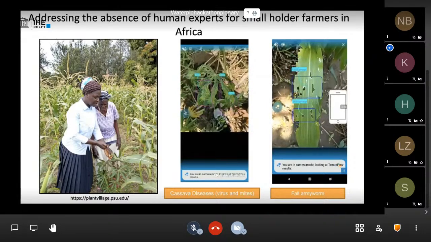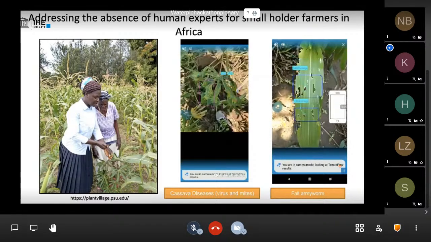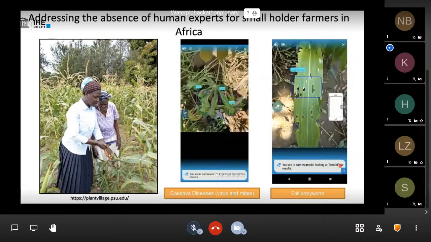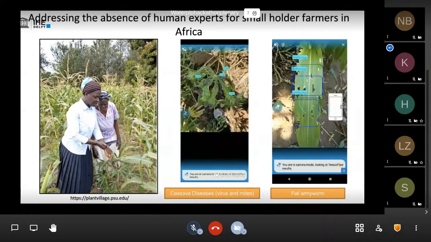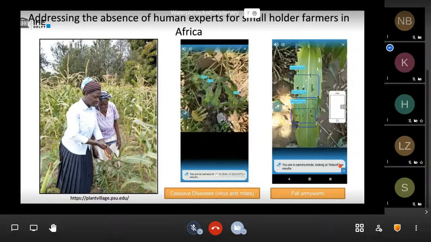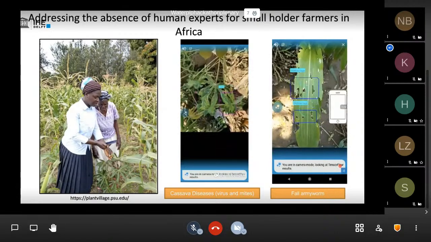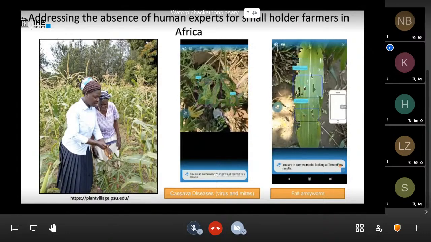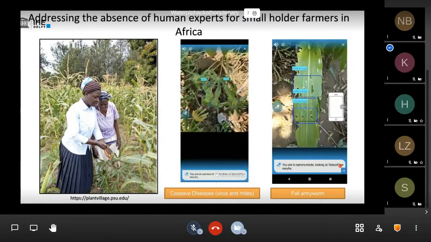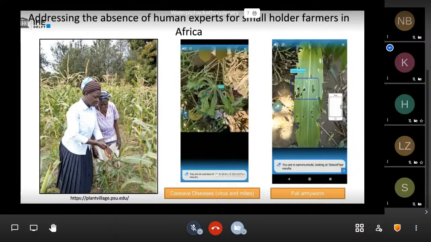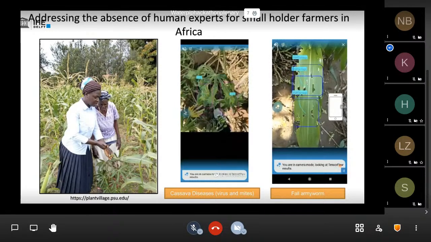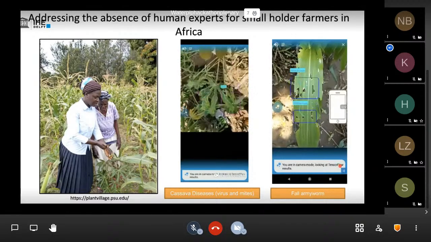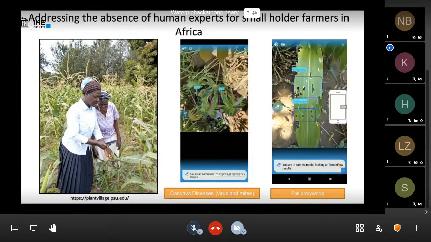And so, as we all know, artificial intelligence has this ability to do things that only human experts were able to do. And in this case, in these videos, you can see that AI is running a computer vision model inside the phone to diagnose healthy versus unhealthy plants. The first video is cassava mosaic disease, which is this crinkly yellowing of the leaves. And the other image is fall armyworm. And these models work inside the phone offline, thereby providing smallholder farmers like Rosalind an ability to get an accurate